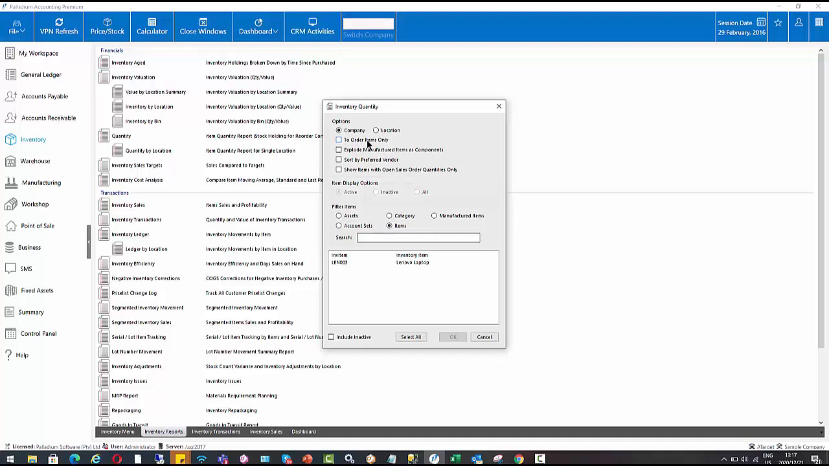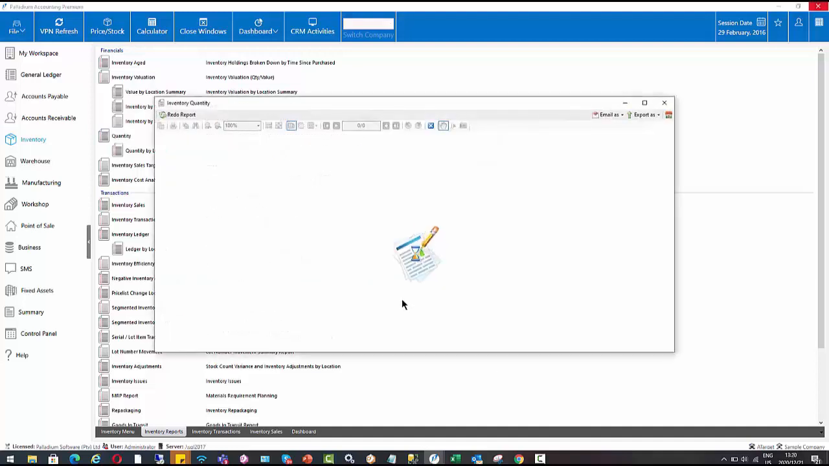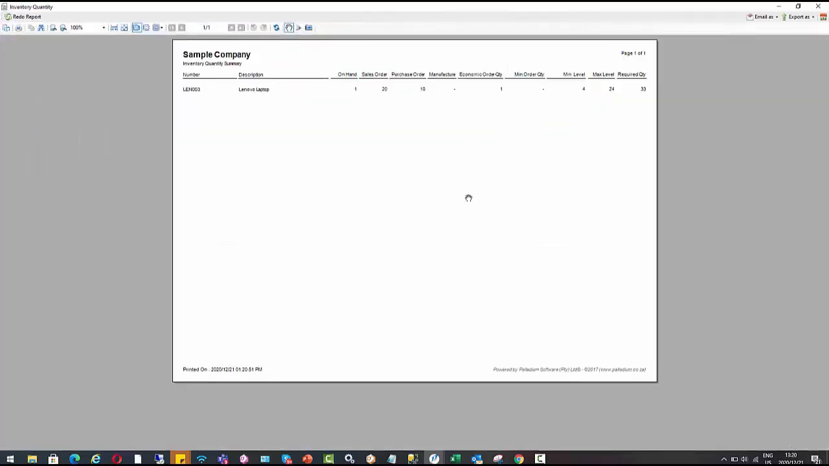Without ticking this option, it's going to give me my full inventory list. If I tick this option, it'll only display the items that need reordering. So you'll see when I run this report, it's showing that I just need to order in this item. Here it's suggesting that I need to order in a quantity of 35 to reach my maximum level